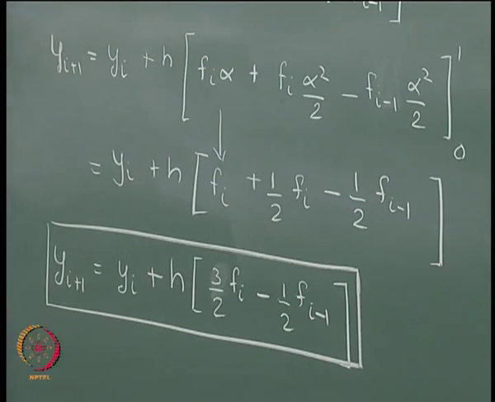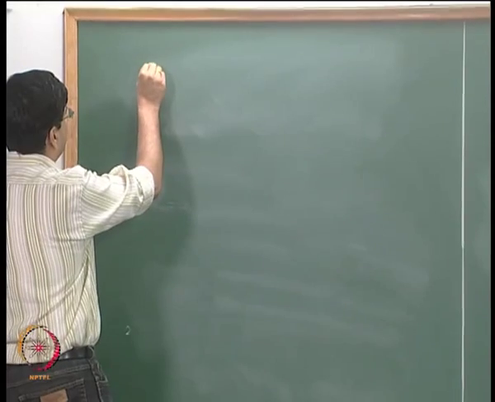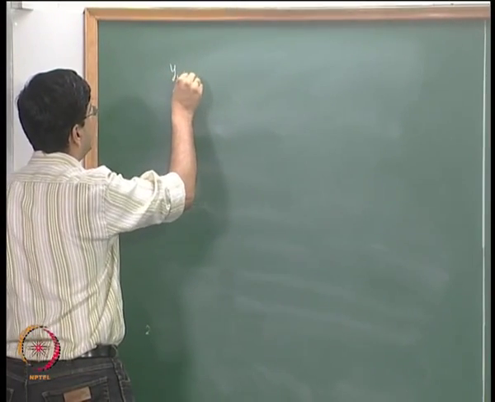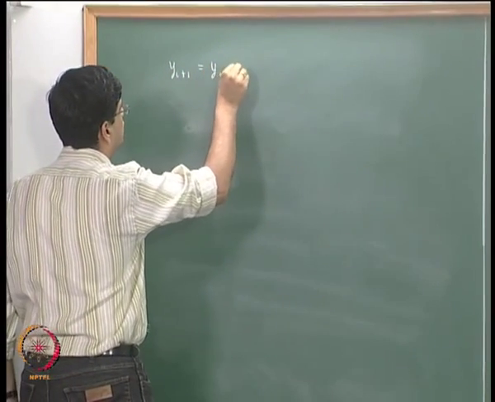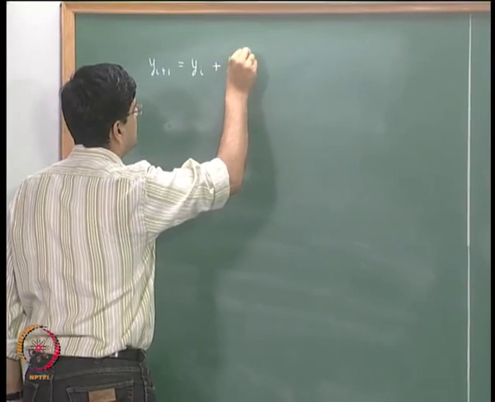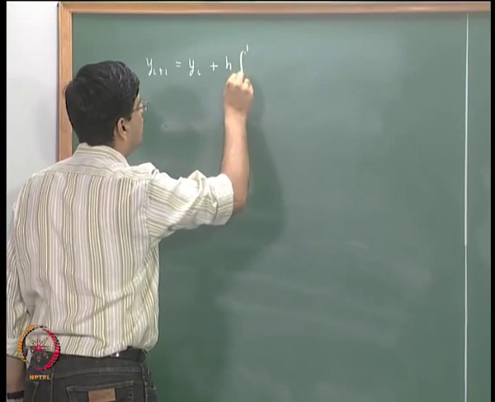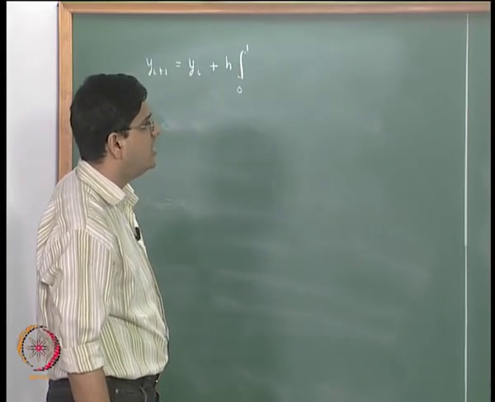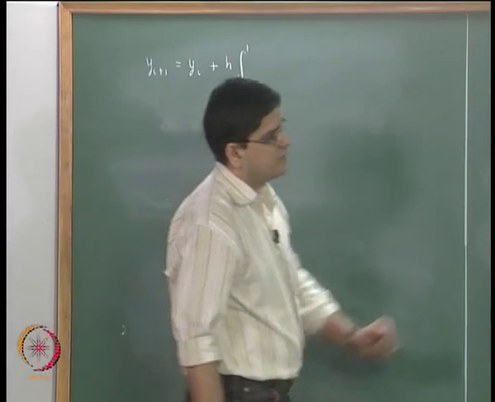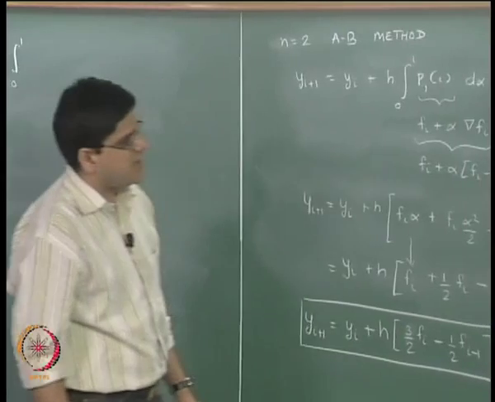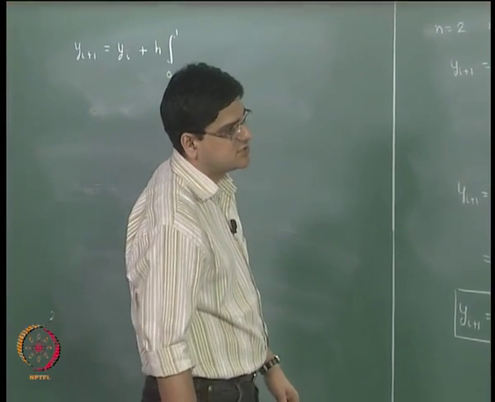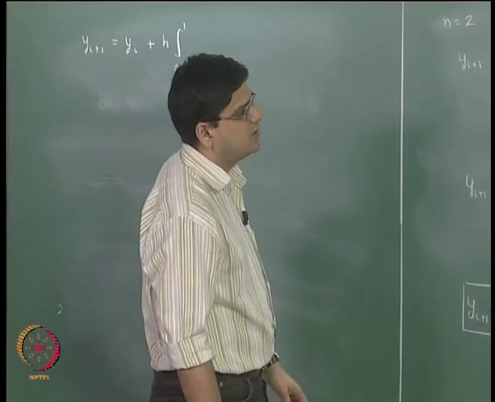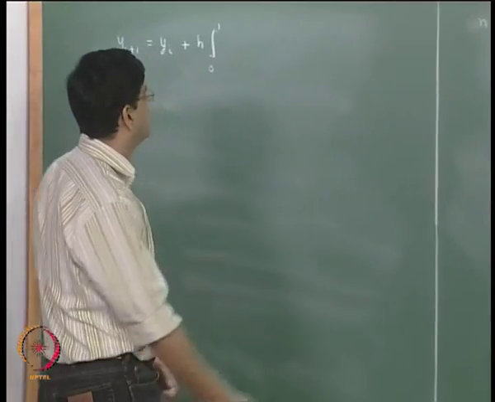This is Adam-Bashforth method of order 2. And in deriving third order Adam-Bashforth method, we are going to say yi plus 1 equal to yi plus h times, again, the integral from 0 to 1 of P2 of I multiplied by d alpha. Now P2, if we go back over there, P2 is going to be Fi plus alpha times del Fi plus alpha plus 1 del square Fi.